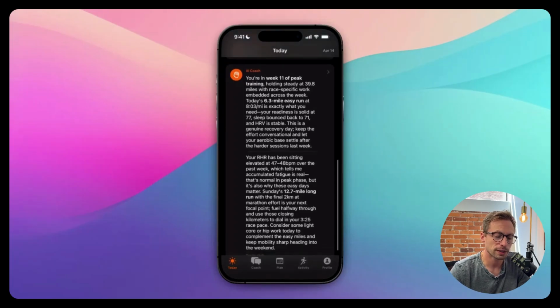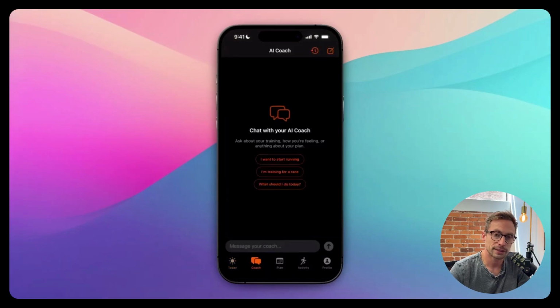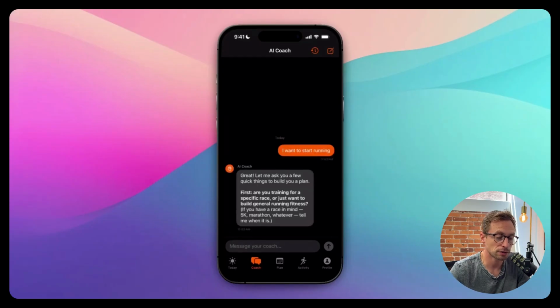So the main thing with GoalKit is you're supposed to set a goal, right? And that goal could be, as I say, training for a marathon, or it could be for a 5K. So when you come in and you use the app for the first time, you're going to tell the AI coach what you want to do. So it could just be that you want to maybe have some base fitness. So you chat to the coach, and the coach is going to ask you some questions like, what is it you're trying to do? What do you have in mind?